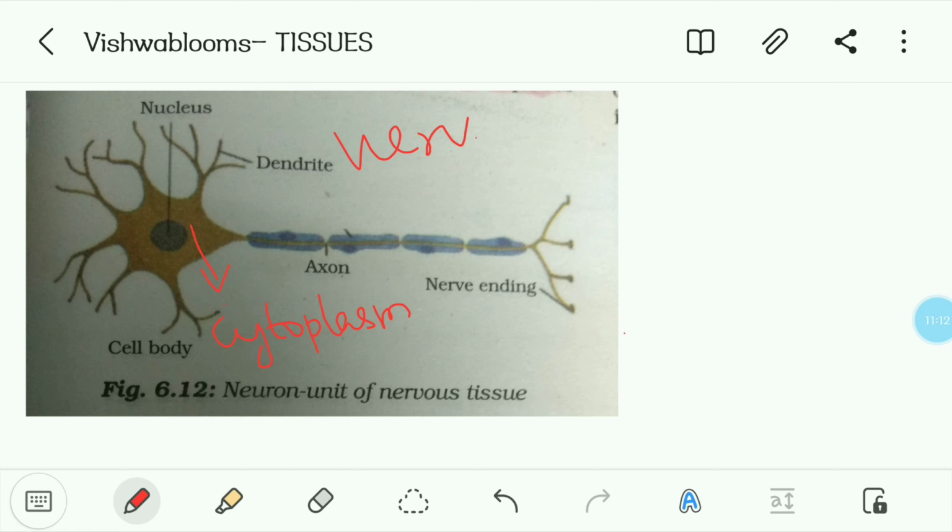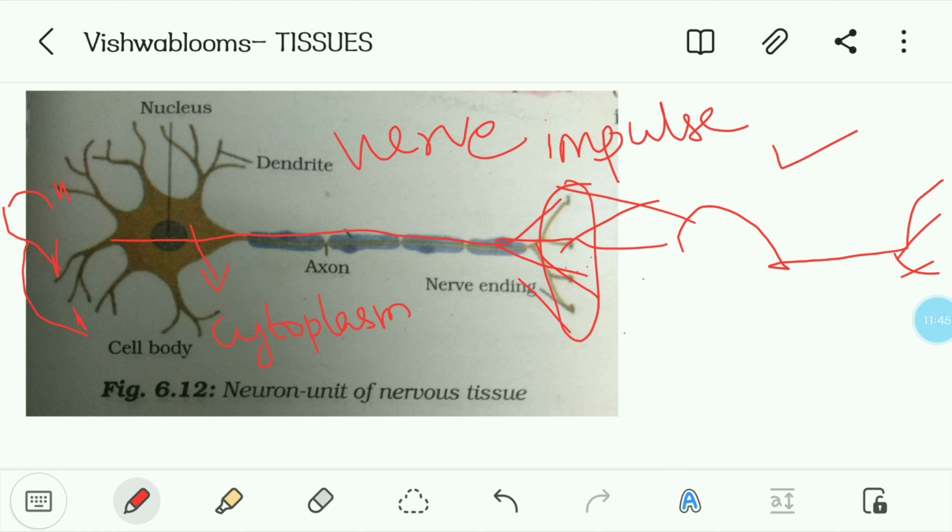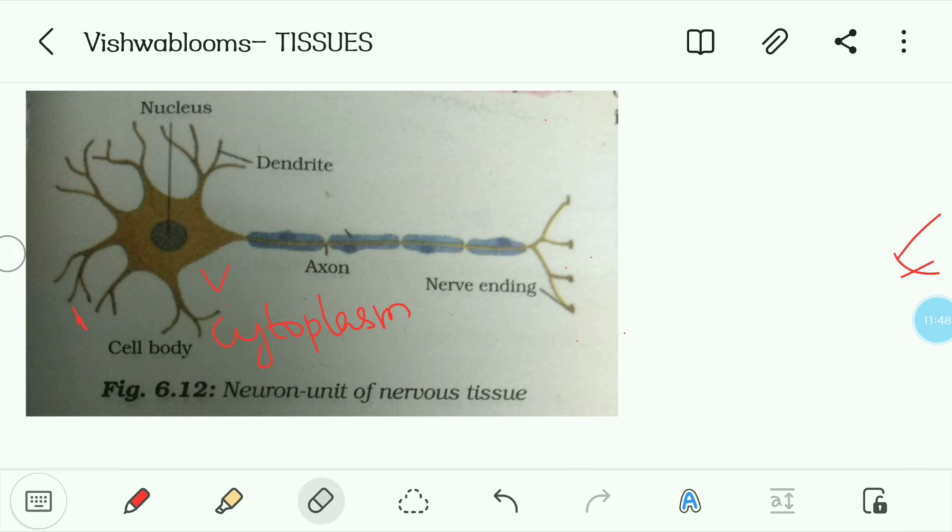And now I will say, this nerve impulse also I have told, right? I will tell, wait 1 second. So nerve impulse, how the signal is passing through this. So now this signal will come from the previous nerve, right? From that it will catch the signals and again it will get into this, and this straight line will give it to the other nerve endings. Again this cell body will take it, again it will go there and again it will pass the signals. This is only the nerve impulse, how it is present, how it is functioning. So that is the nerve impulse part also I have explained.